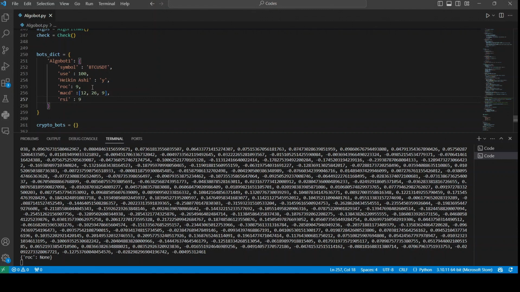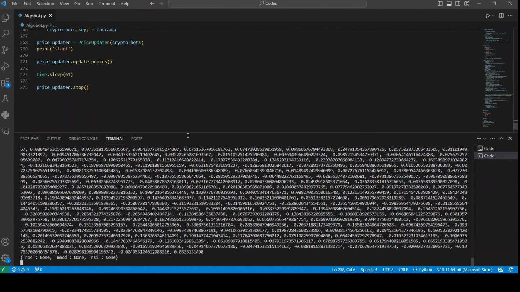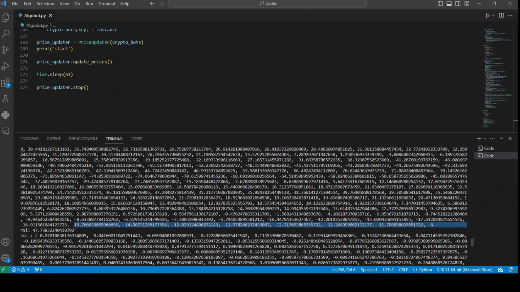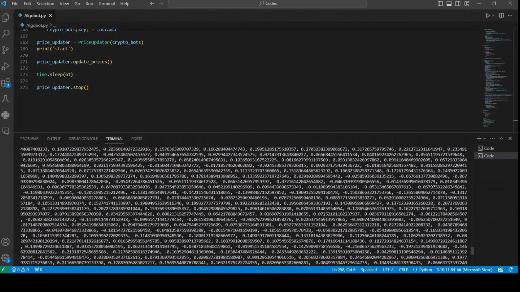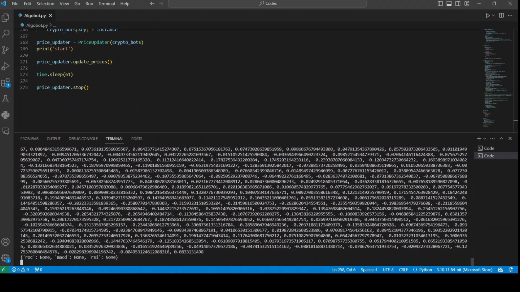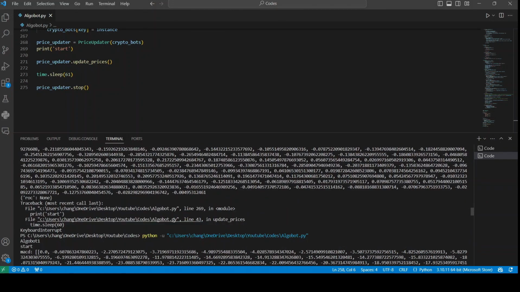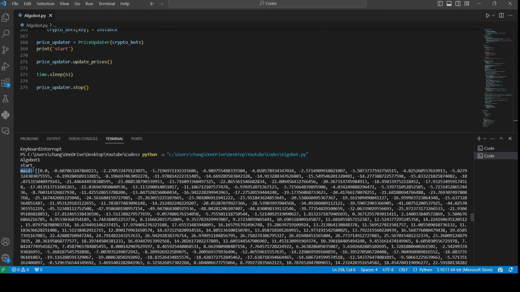So now what this code will actually do is take the ROC and MACD and RSI and check them all three at the same time, and it'll also use the Heiken Ashi candlestick chart to check these values as well. And then if we try running this one more time, then we do see that the ROC and MACD and RSI all have different values like that, and you can see this up here. So the RSI is currently 47.7, and the ROC once again are all these values here, which is actually oscillating between negative and positive right now. And then finally up here you can see the MACD values,